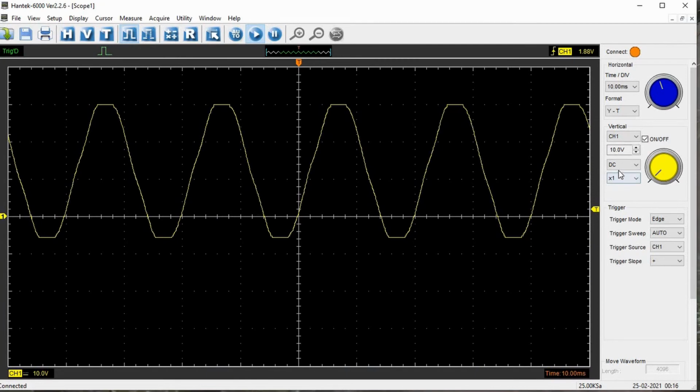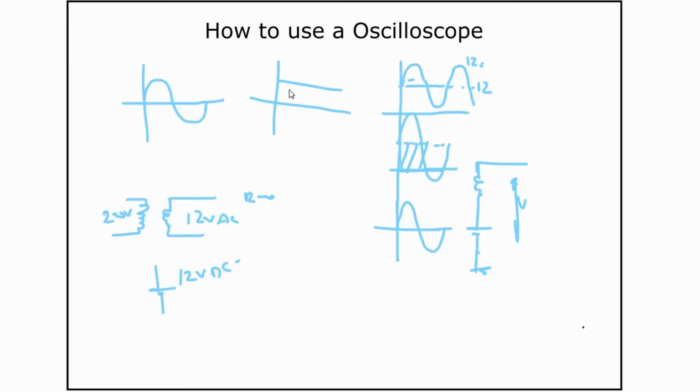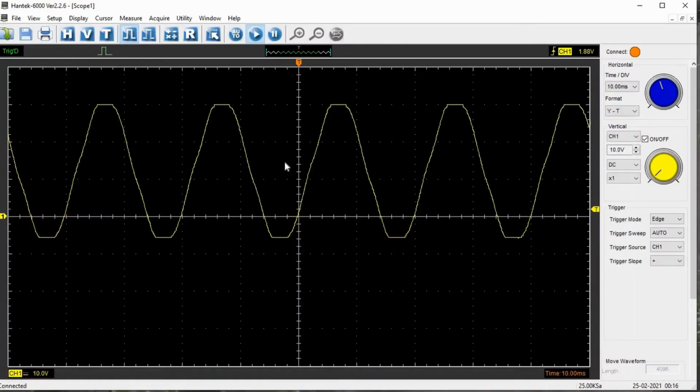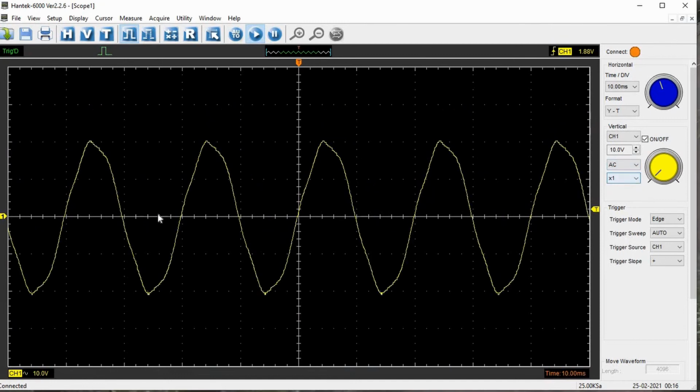So this is the actual waveform, that is this DC voltage plus this AC voltage. Since I have connected in series, this is the expected waveform. As soon as I move it to AC, the DC component is removed, so you will only see the AC component. So if you put it to AC, you are not getting the actual waveform.